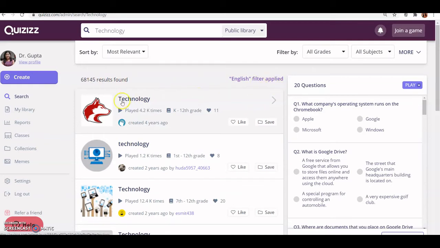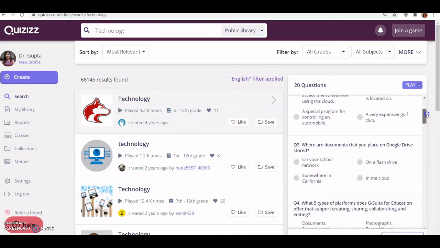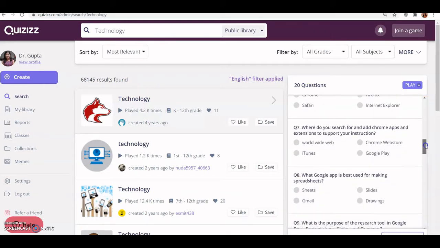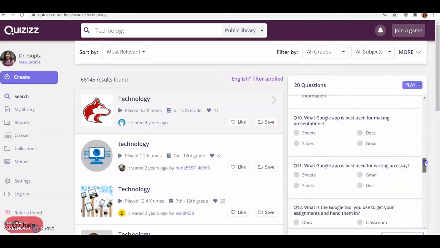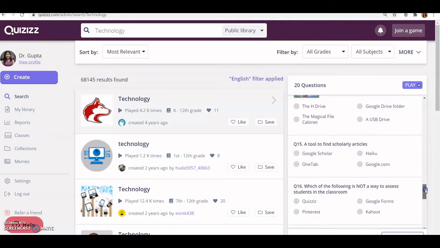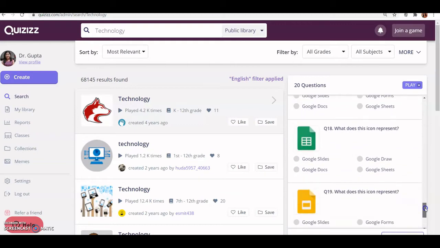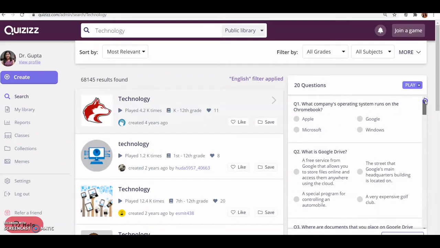You can see the first quiz was over here, and if you just see the arrow over here, this will show the brief examples of the quizzes. There are 20 questions present in this quiz, and if you scroll down here, all the 20 questions can be viewed. If you want to use this quiz for your students, you can use this quiz for your students only,